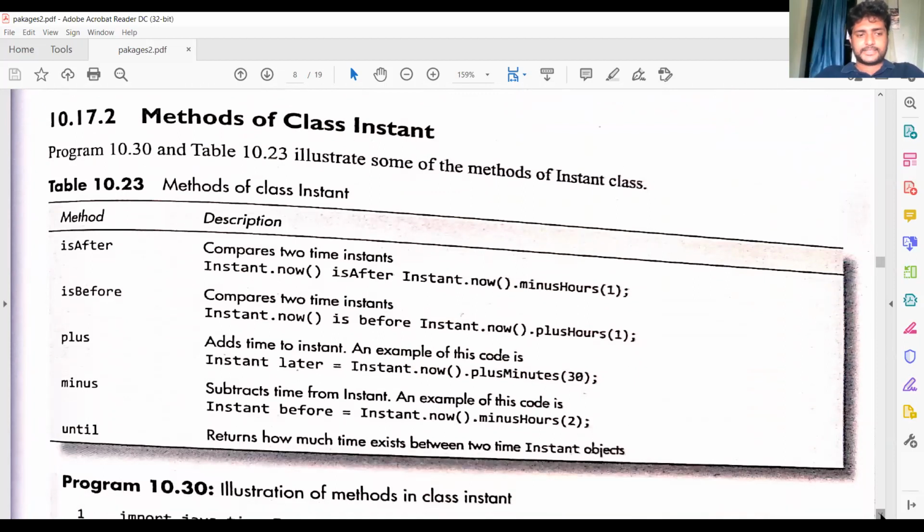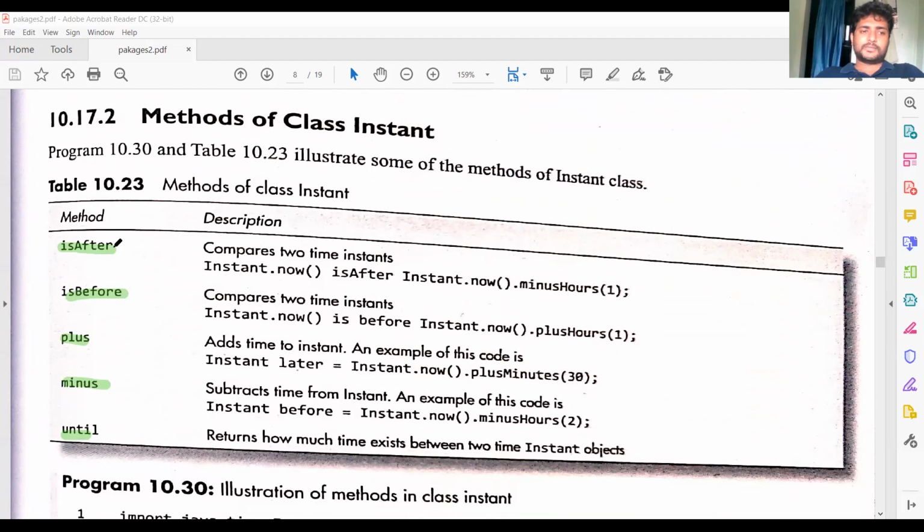Now the methods in the Instant class: isAfter, isBefore, plus, minus, until. These are the most widely used methods.